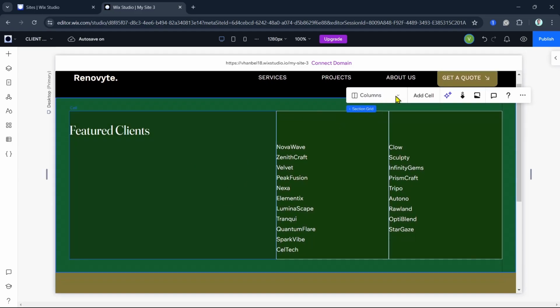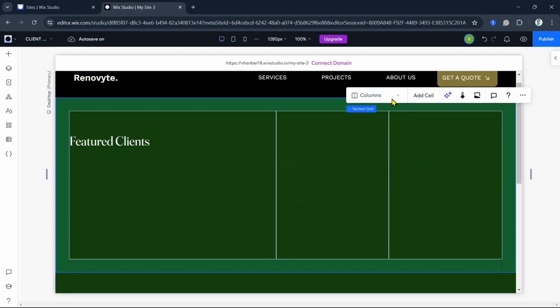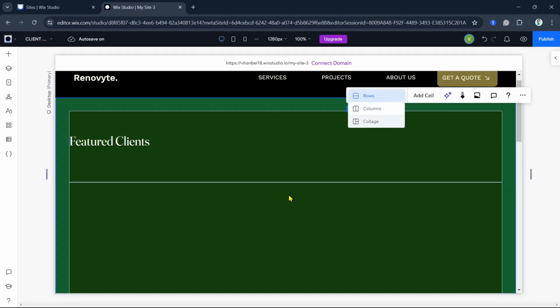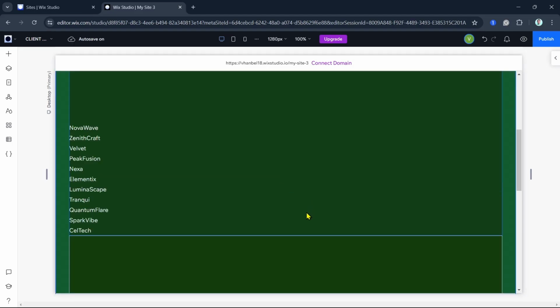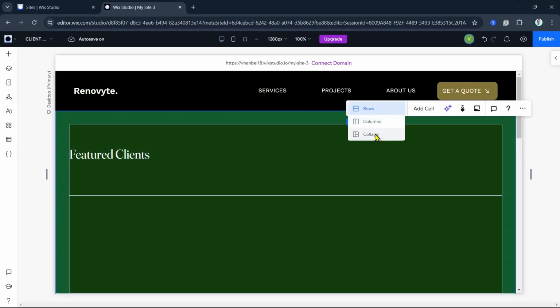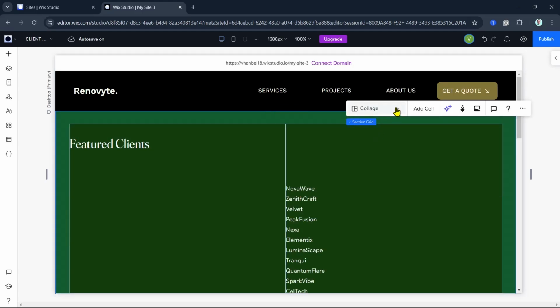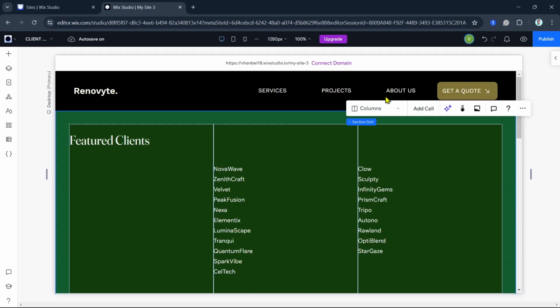And here you can change the columns if you want rows, just like this. So if you want this view, or maybe you can change into collage options or collage view. Now in this case, I'm going back to the columns. So as you can see here,